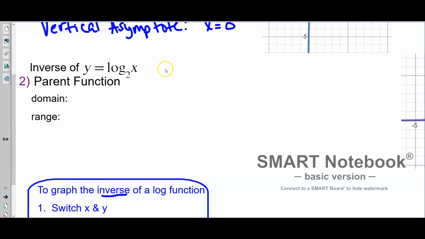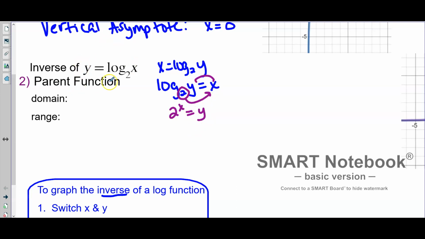okay, so if we switch our x and our y, we're going to have x equals log base 2 of y. And I'm just going to rewrite it. So the log is to the left-hand side. And then to write it in exponential form, that's where we make our loop. So we start with our 2, we raise it to the x, and it's going to equal y. So the inverse of this log is 2 raised to the x. So we go and graph 2 raised to the x, and I'm going to put that in as a function g,